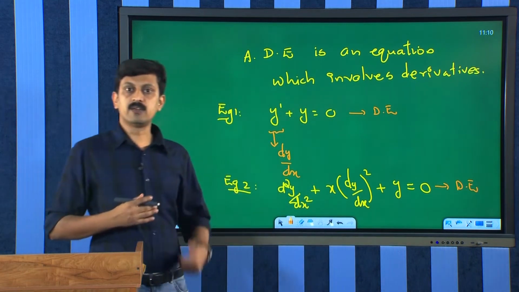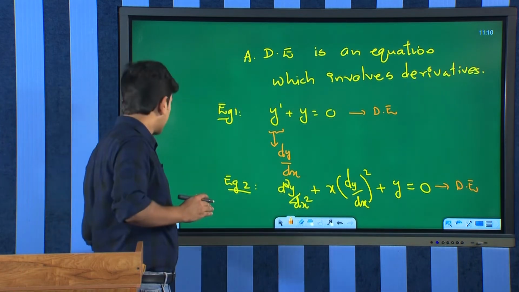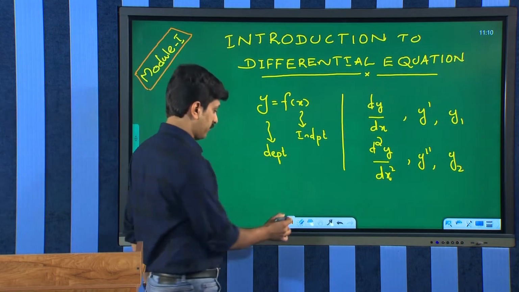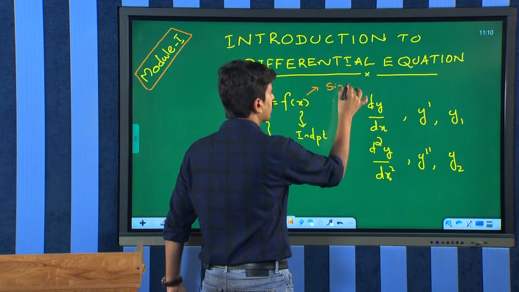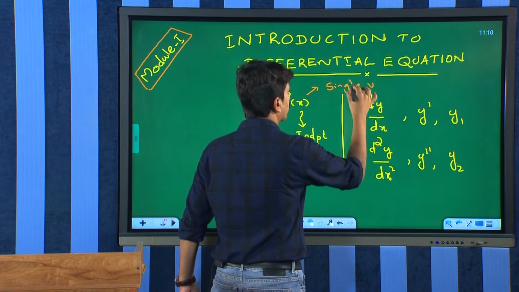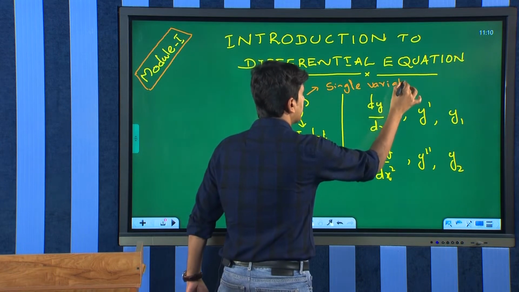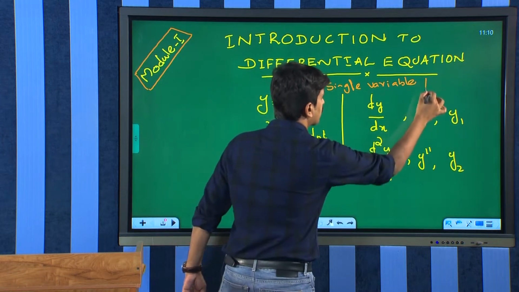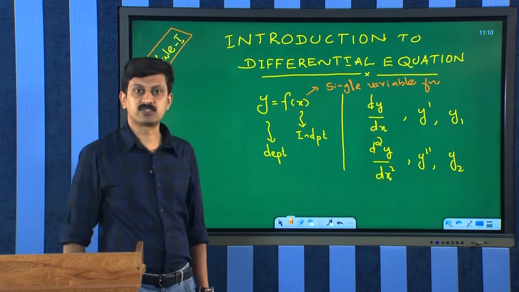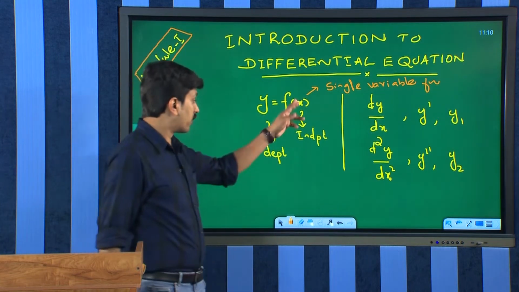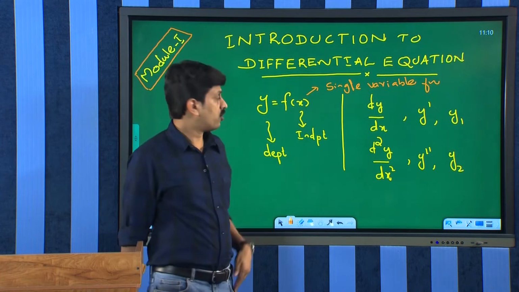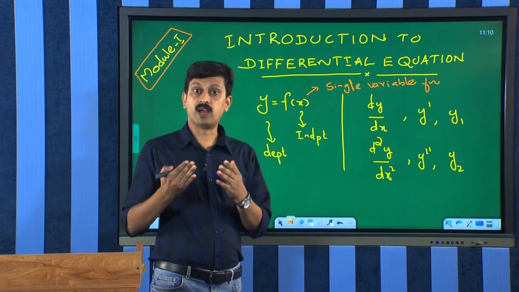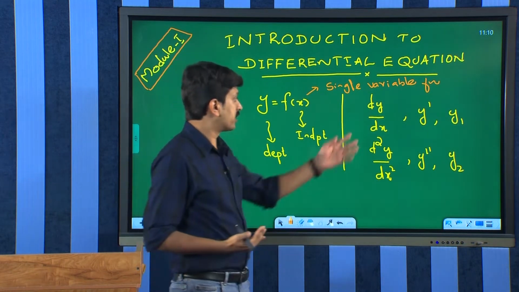See, in this differential equation we discussed here, the function y is equal to f of x is a single variable function. That means the function consists of only one variable, that is, one independent variable. Because this is a single variable function, we can say that while differentiating this function we can easily